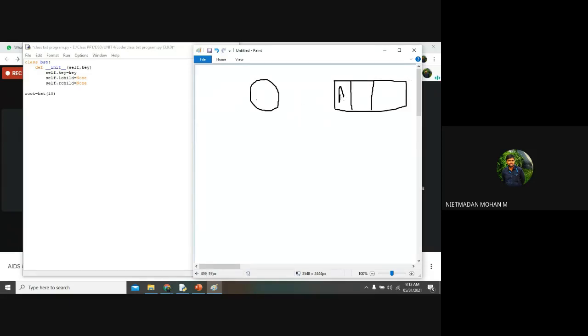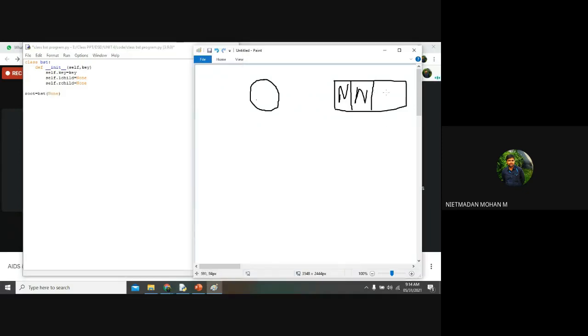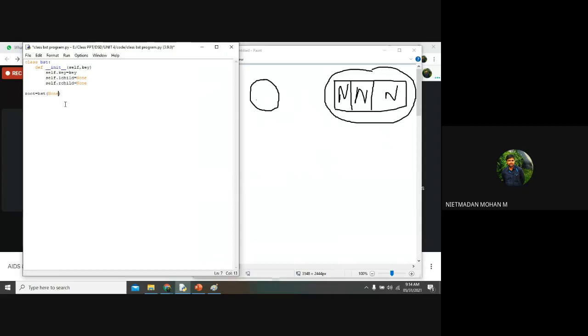If I am giving 10, then 10 will be the root node. If I am giving none, then the root node will be none. So anyhow, we are going to create a root node which may or may not have data.